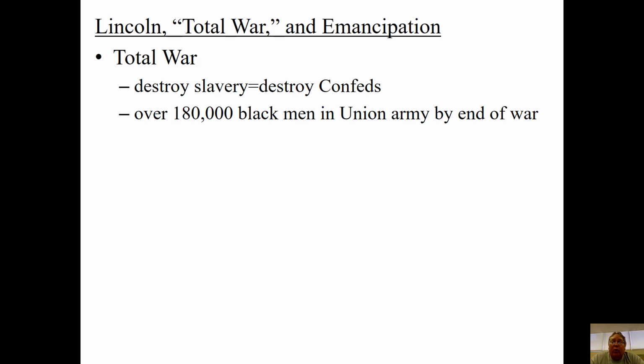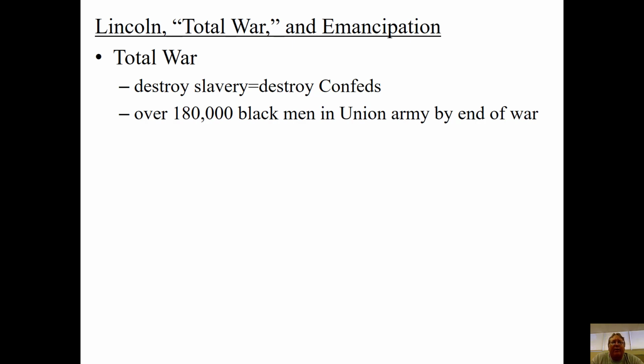This is about really destroying the Confederacy. The easiest way to destroy the Confederacy is to destroy slavery. Take those millions of slaves in the South and use them for the North against the South. And that is literally going to be the case at some times, right? More than 180,000 black men are going to join the Union Army, most of them from those contraband camps, saying, hey, look, give me a gun, give me a uniform, I'll fight with you. Just end slavery. Let me free my family, free my friends, get into this awful institution.